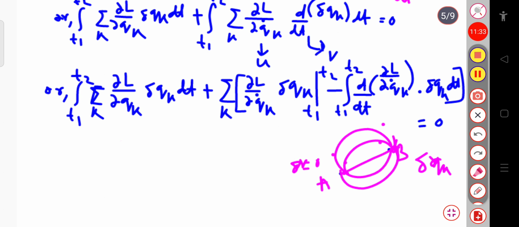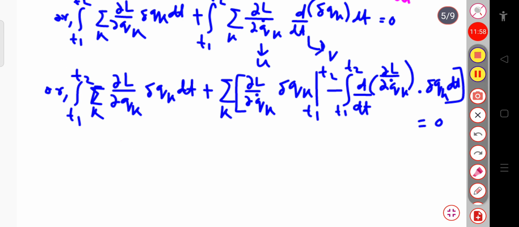Okay, so now if I apply this rule, that is delta QK equal to 0, then delta QK at time t1 will be equal to 0, and also delta QK at t2 is equal to 0, because at the end point A, delta t equal to 0, and at the end point B, delta t equal to 0 and delta R equal to 0. So simply by applying this rule, now you can write delta QK of T2 minus delta QK of T1, if I put the upper limit as well as the lower limit, so that value goes to 0. So simply this term goes to 0.